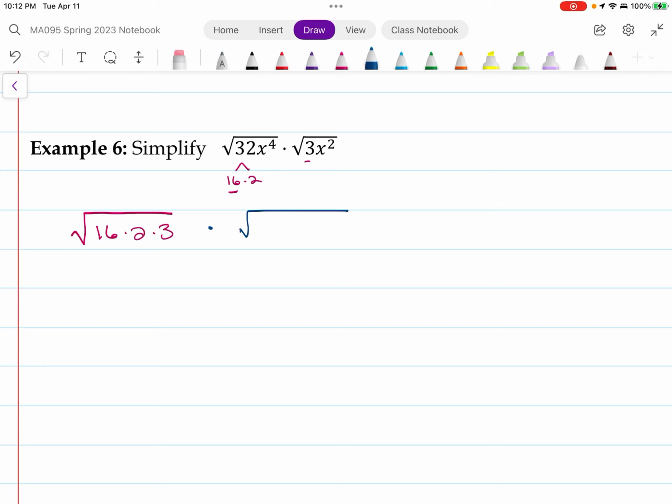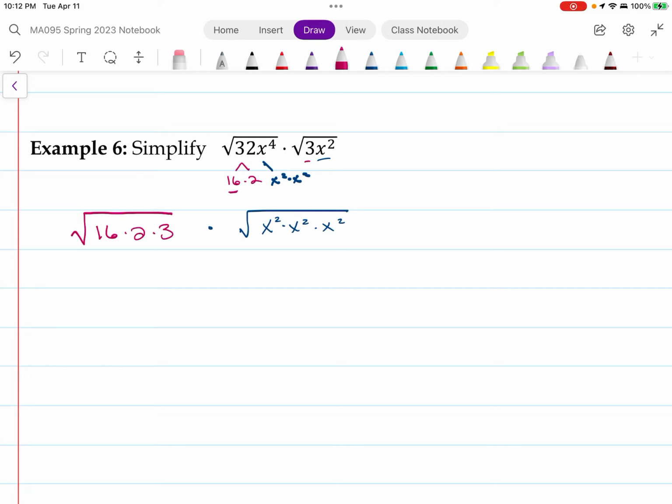Now I'm taking a square root, so let's just go ahead and break this up into x squared times x squared, because it's a square root. So x squared times x squared. Now I've got this x squared over here times x squared. All right, so let's go on back to the